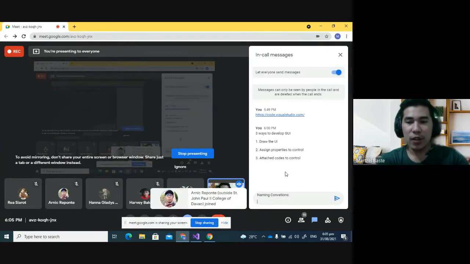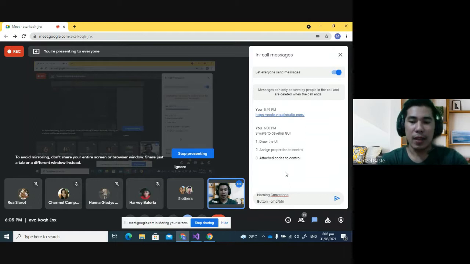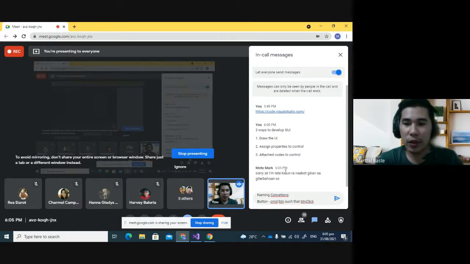So naming conventions, pag button siya, you start with CMD or either BTN. Such that, example, BTN click. Okay? And because you want the caption of this button to be when you click the button,